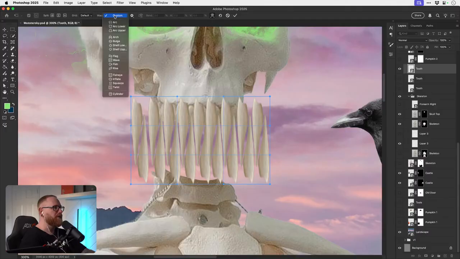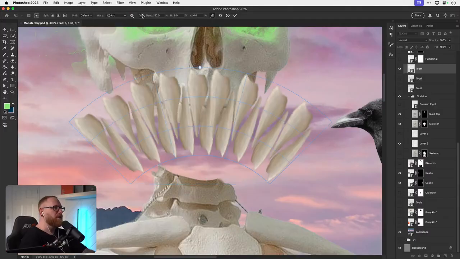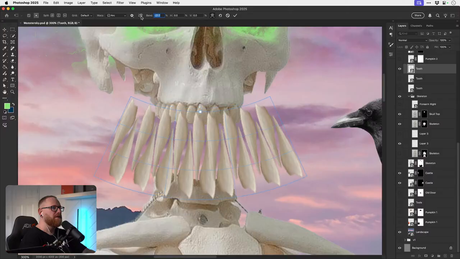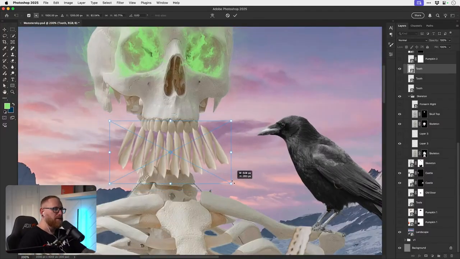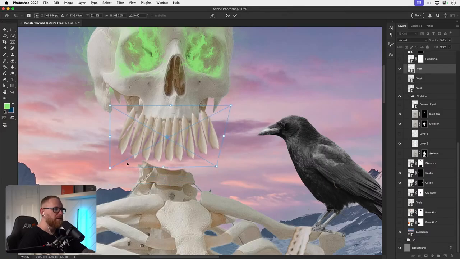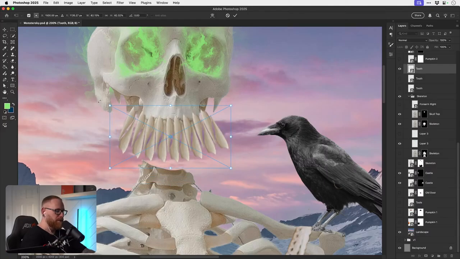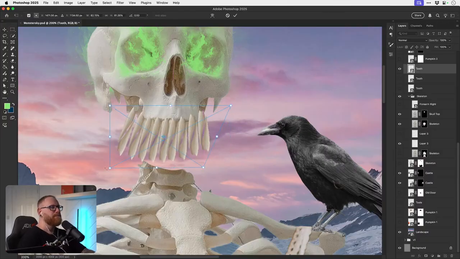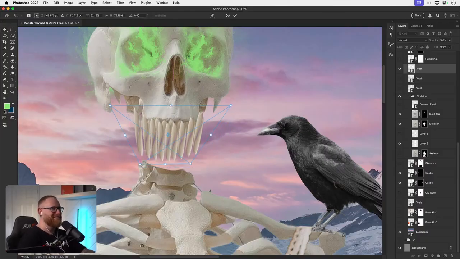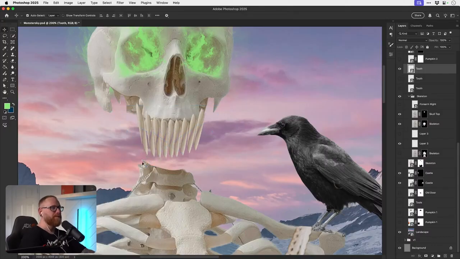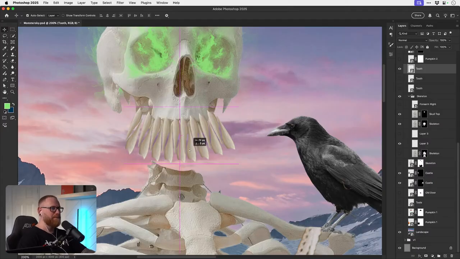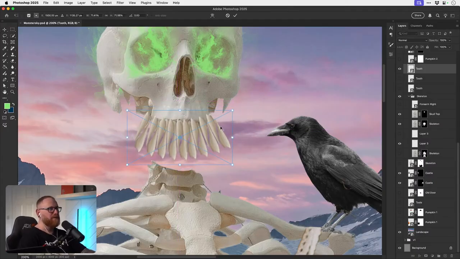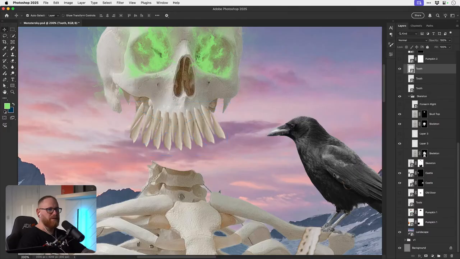So we'll go warp, and then we'll go arc, we'll bend it. Like this. Whoa. You got lots of teeth, boy. I don't know what's happening. He might need some more jaw and mouth and stuff for that to look decent.